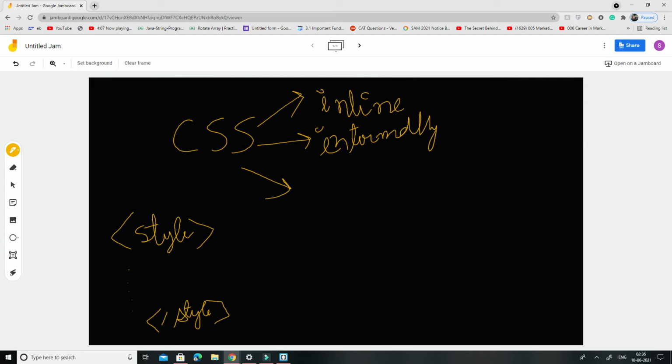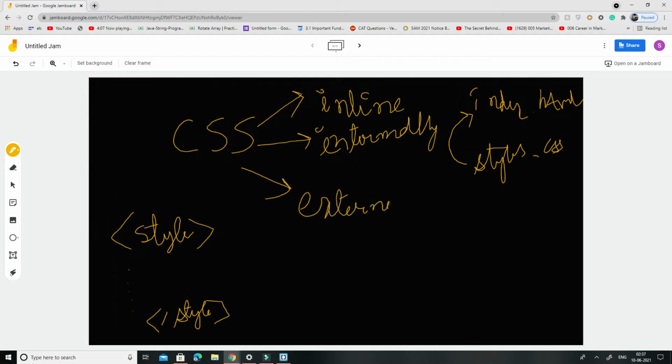And another way is external: your index.html page, you create a file named styles.css in the same folder, and you just interlink the style.css with index.html, and this we call an external connected style sheet.